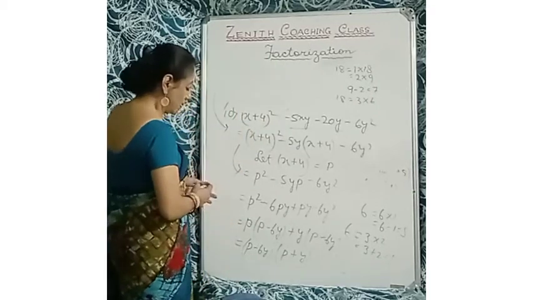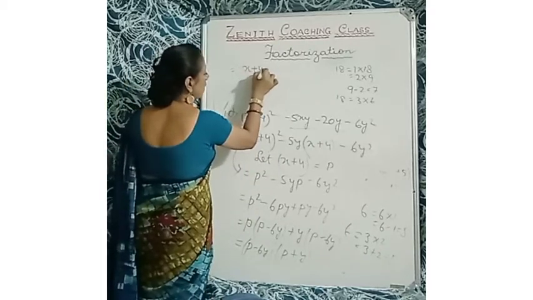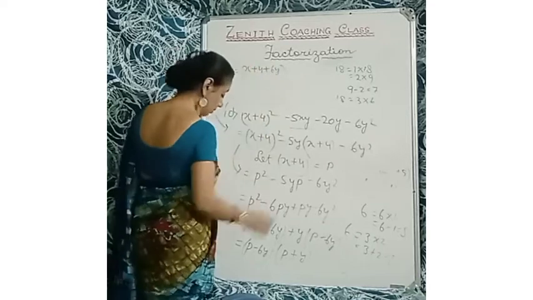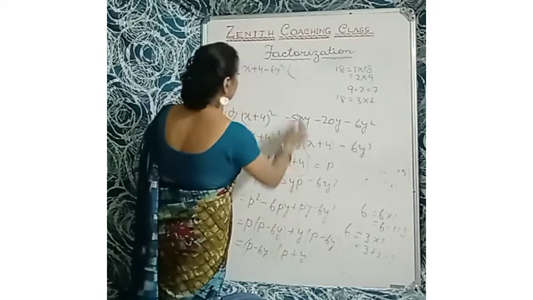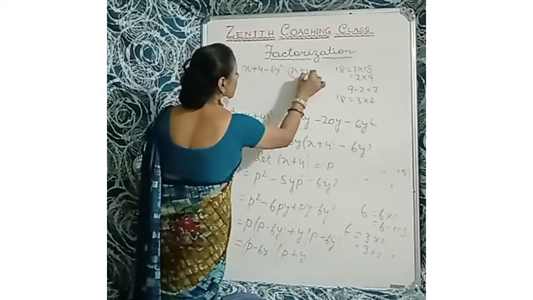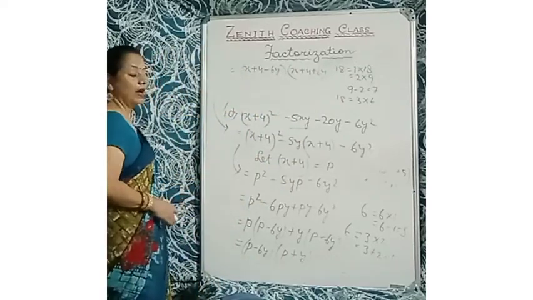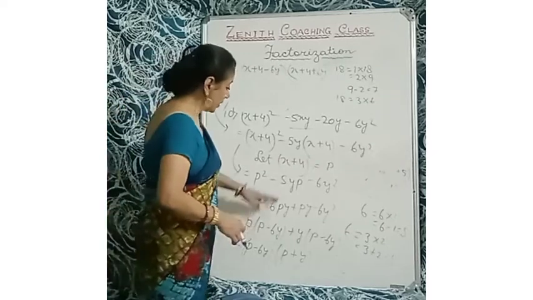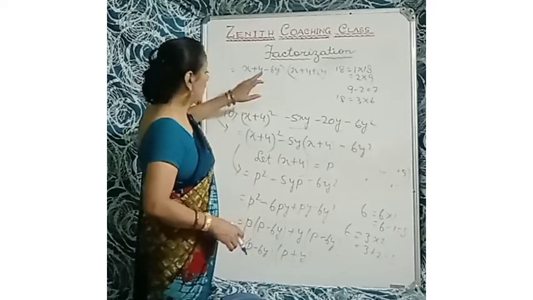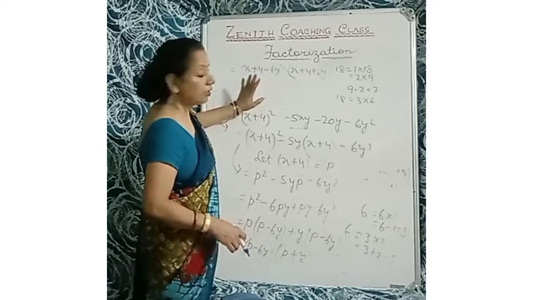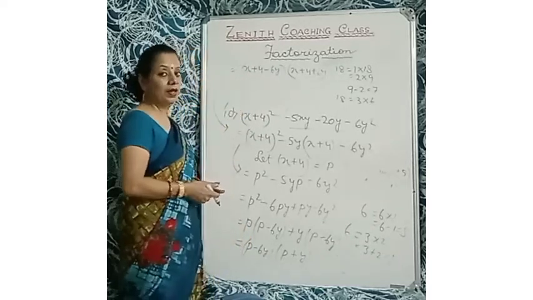So let's go up here. p means x plus 4. That is x plus 4 plus 6y. Okay, no, sorry, minus 6y. And multiplied by x plus 4 plus 6y. Now the sum is ready for you. Understood the sum? If you have to take a substitute, that is, let x plus 4 equal p, you have to substitute the value at last. You cannot write p as the answer. You have to write the value x plus 4 and substitute the p. So please observe the sum. I'll go to the next sum.